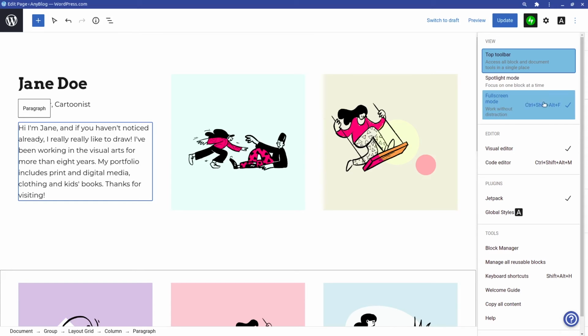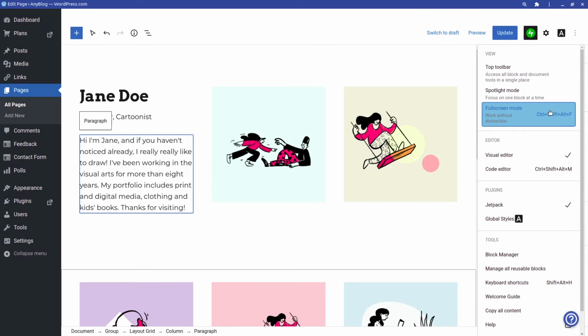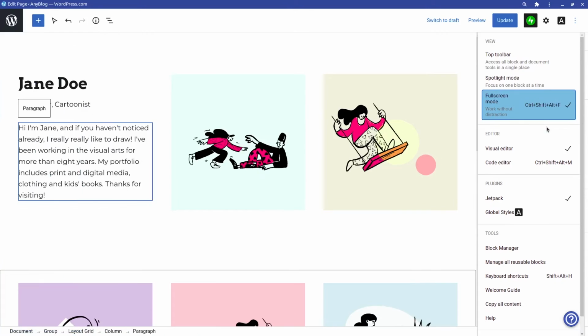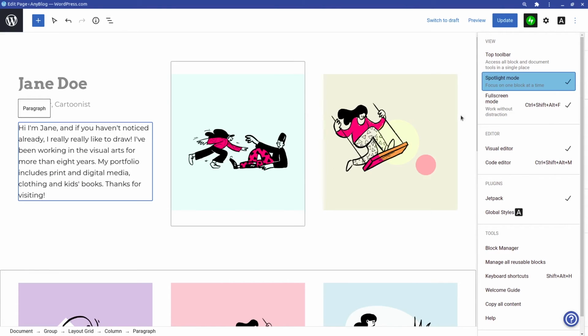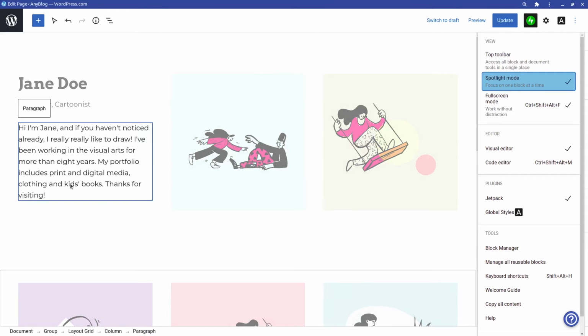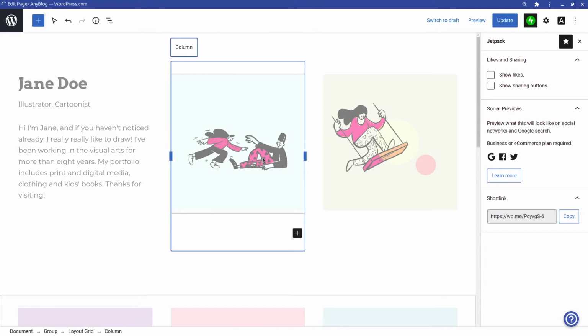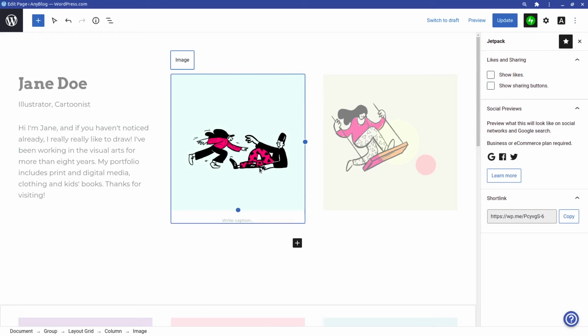You have full screen mode, clicked as a default. If I unclick it, it will show all this, which is about the same as what we went through in the previous video, so I'm gonna leave it on. And this one, spotlight mode, I think it is very useful. If I have this enabled, I can see that the images are blurred out, but the paragraphs are still very clear. It highlights the blocks that I'm selecting right now, so it is going to be easier for you to identify which one you are editing.